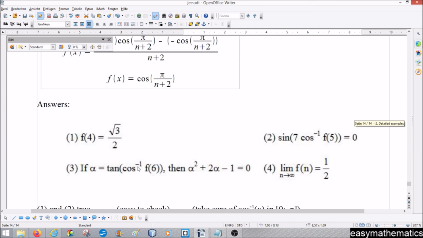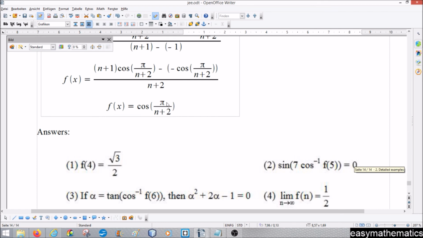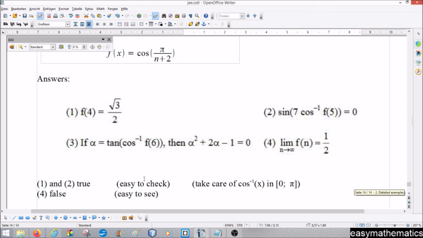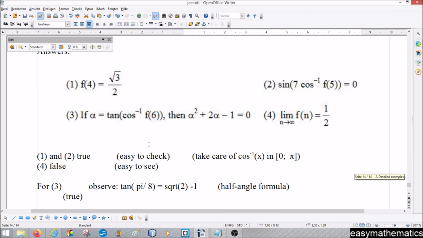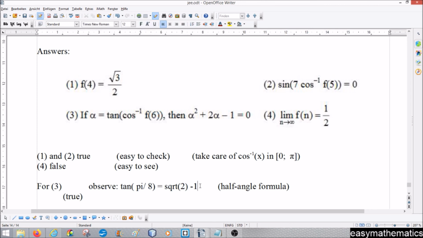Cosine inverse of f of 6, we are left with pi over 8. So alpha is tangent pi over 8. And if you do not know that tangent pi over 8 is square root 2 minus 1, how can you see that? Use the half angle formula for pi over 4 over 2, and then you get this result. So it's not so hard, but